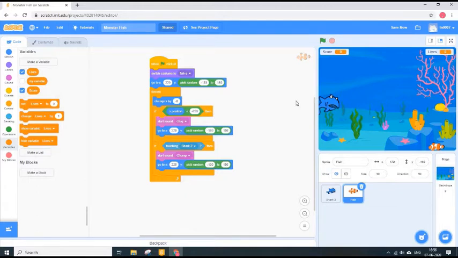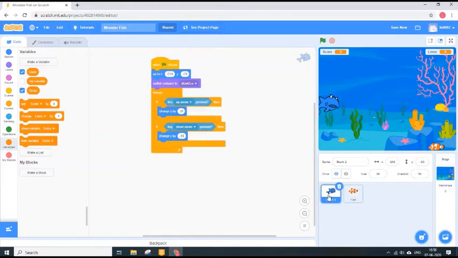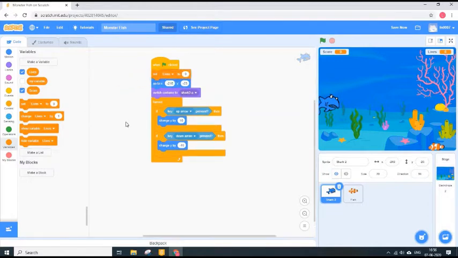So once this goes here, I have two variables. I need to set the variables, and the setting of the variables is usually done on the first sprite which you have. So right at the beginning, when the flag is clicked, I bring this block, the set variable block, which is done at the beginning. I put it right under when flag clicked.